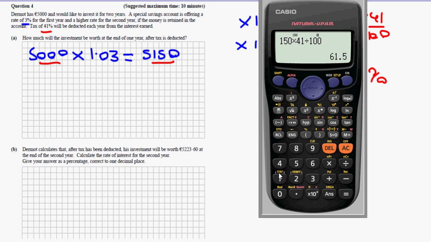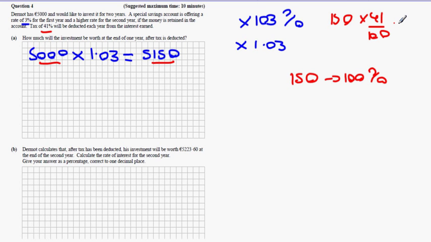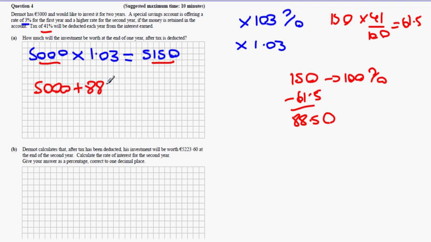$61.5, take that away from 150. That's $88.5. So that's 61.5. Take it away from 150, and you get €88.50. So what we have is €5,000, and we're allowed to keep €88.50, and that makes